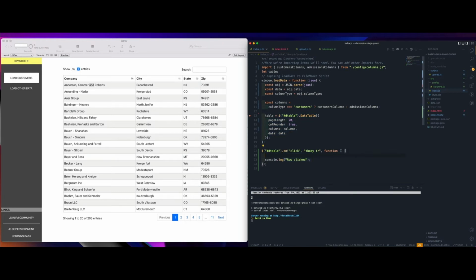The way we do that is we access the variable and we use a row method and a data method. Both of these together will get the data from a particular row. So if we console log this, let's put this in a variable, const row equals. We do console.log row, reload the web viewer.